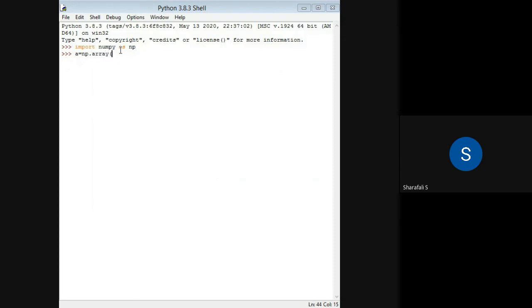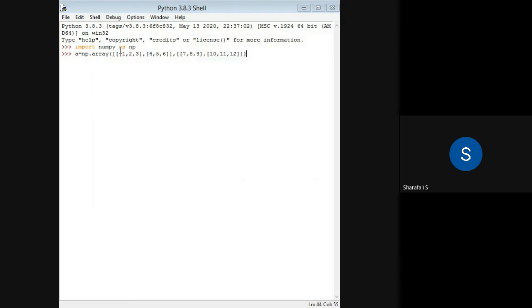and I have to use square brackets, and then let's say 1, 2, 3, comma, square bracket 4, 5, 6, and then let's say some 7, 8, 9, then 10, 11.